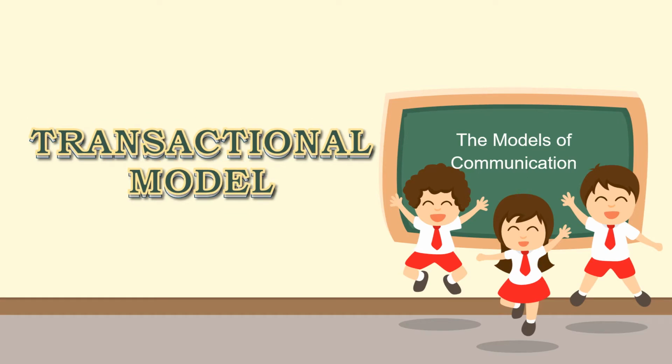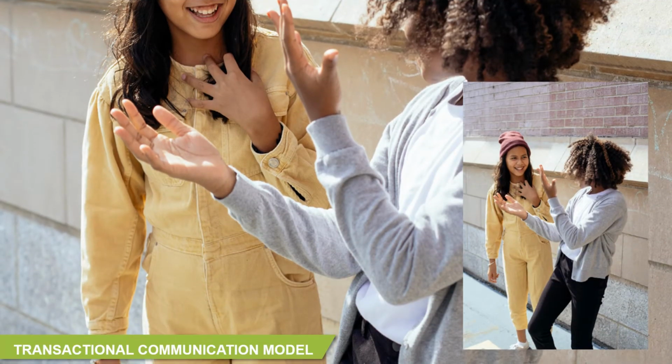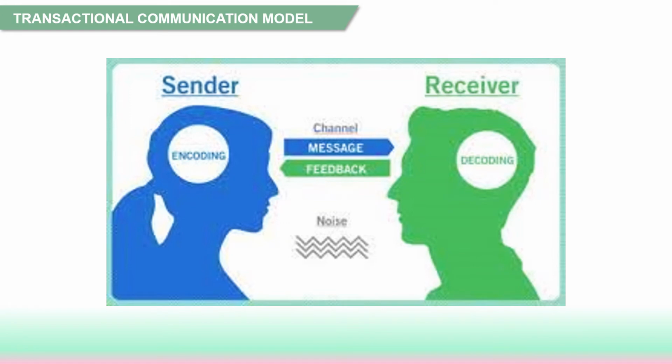This video will help you understand the importance of good communication skills at home, school, and at work. The sender and the receiver take turns in conveying and receiving messages and are called communicators. The sender and receiver's roles are reversed each time they send and receive messages. The communicator encodes the message and transmits it through a channel. The message transmitted may be affected by noise. The receiver decodes, processes, and filters the message for understanding and is now ready to give his own feedback to